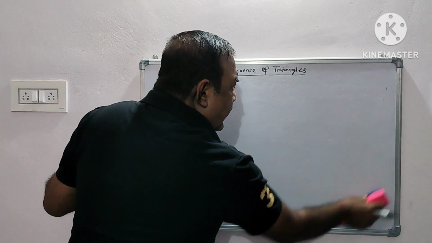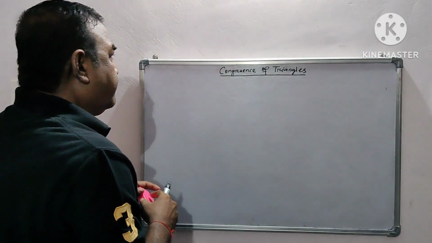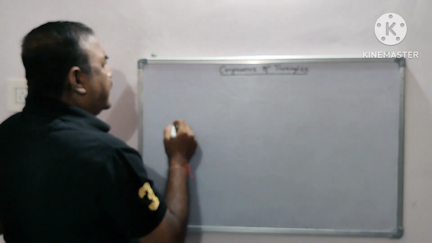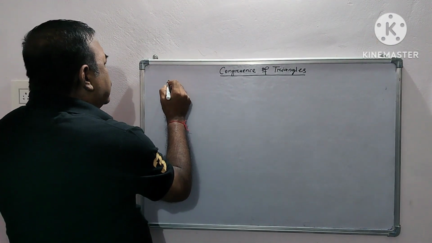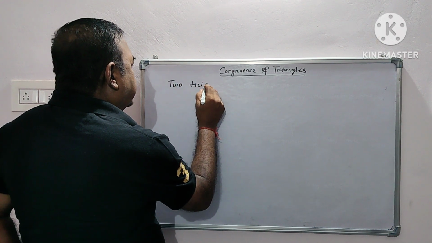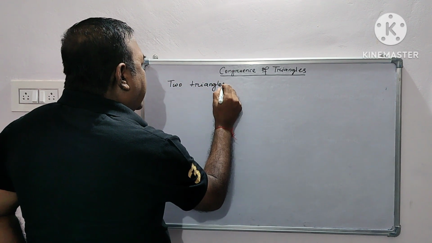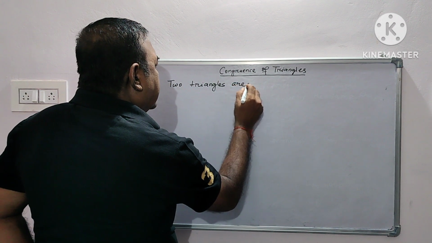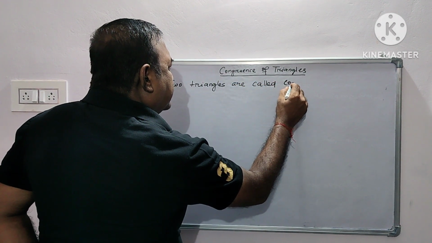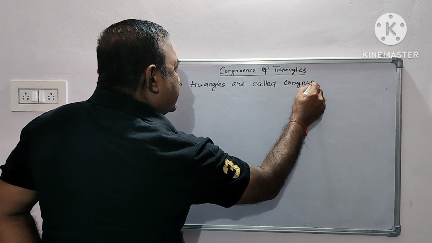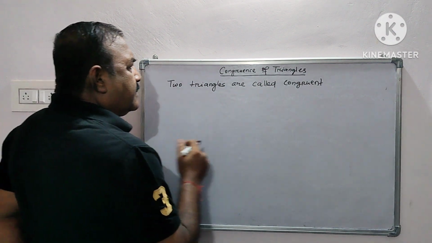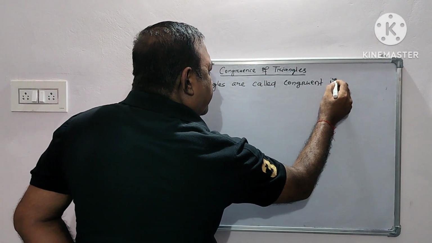So how will two triangles be exactly the same in shape and size? What is congruence of triangles? Two triangles are called congruent if